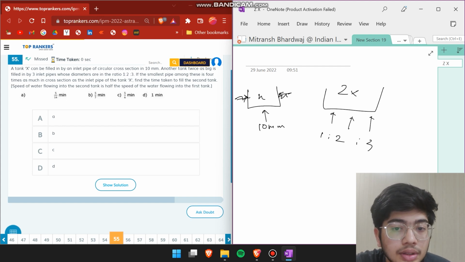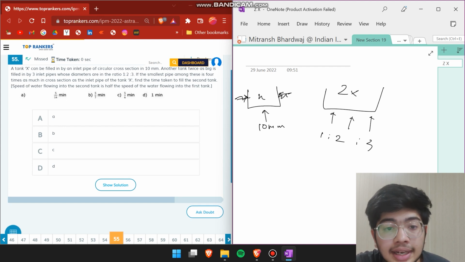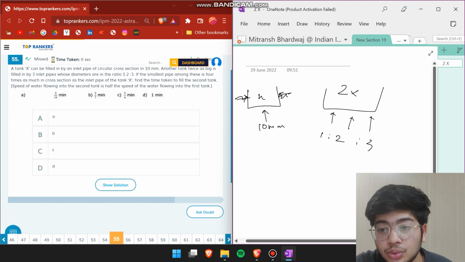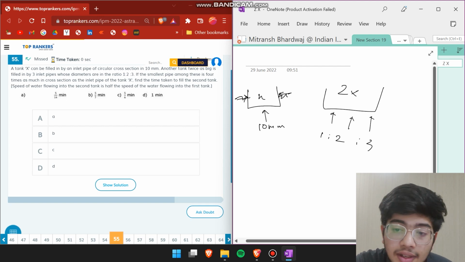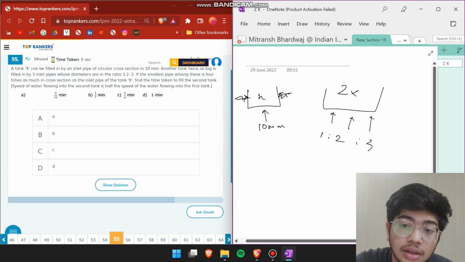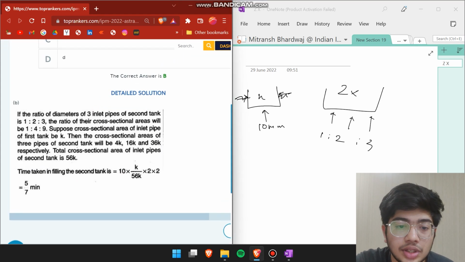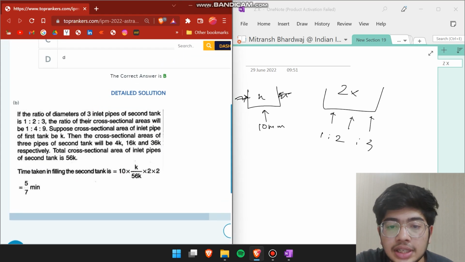among these is 4 times as much in cross section as the inlet pipe of X, find the time taken to fill the second tank. Speed of the water is half of the speed of the water in the first tank. तो इसने बता दिया स्पीड हाफ है, जो इसका सेकेंड 2x वाले का स्मॉलेस्ट है वो इसका 4 टाइम्स है, वो ये भी पता चल गया। रेशियोज में हमारा सिंपल क्वेश्चन है, and the ratio of 3 diameters is इतना,